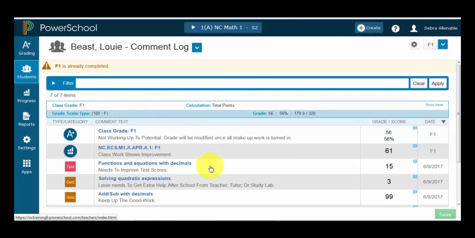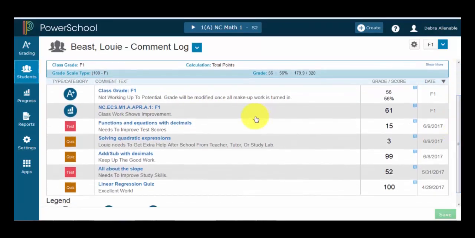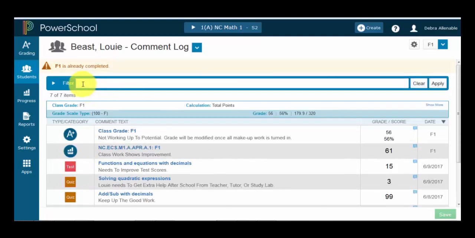Here, we can review all of the comments entered for a student. The comment log shows grade comments, comments on standards where applicable, and comments on assignment scores that have been entered by a teacher. If there are a lot of assignments, remember you can use the filter to pull out specific